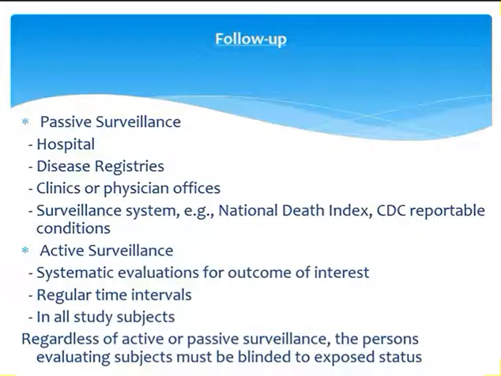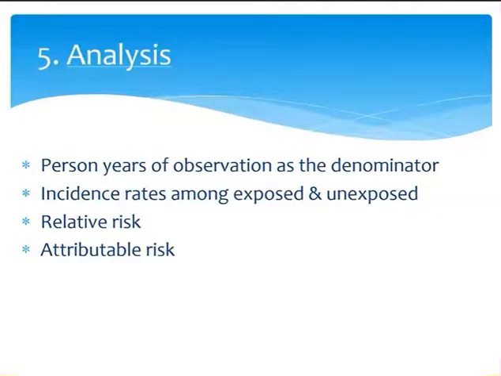Now, once you have selected all of this, you carry it out and you follow them up for a long period of time. Then you gather data in terms of how many person years of observation you have. That's very important, because in a cohort study, you don't enroll everybody at the same time. Normally in a cohort study, they keep a year or a few months to enroll the participants into the study. Because you're not enrolling everyone at the same time, and also because people may drop out, you have to know when you enroll the person and how long they have been followed. So you will get person years. So the denominator in a cohort study is person years.